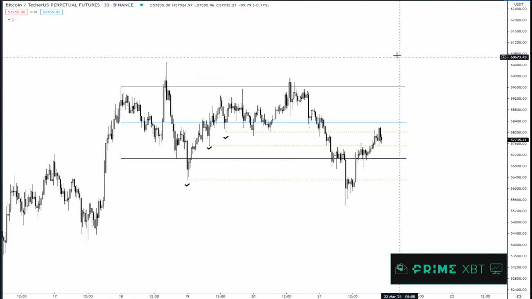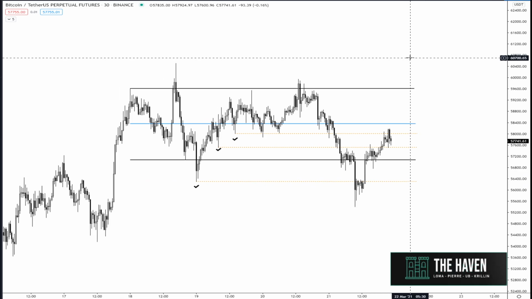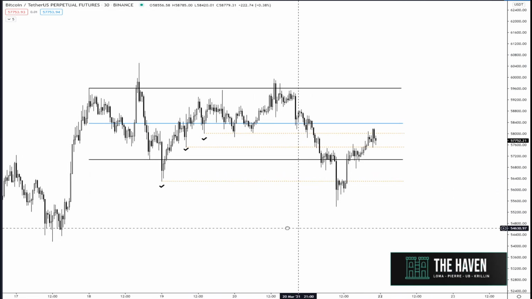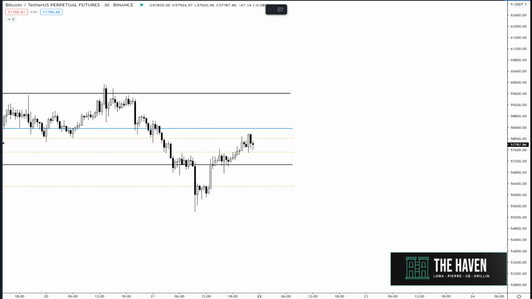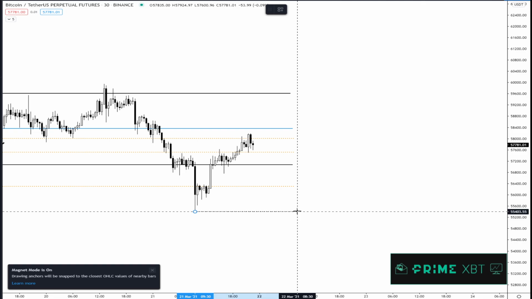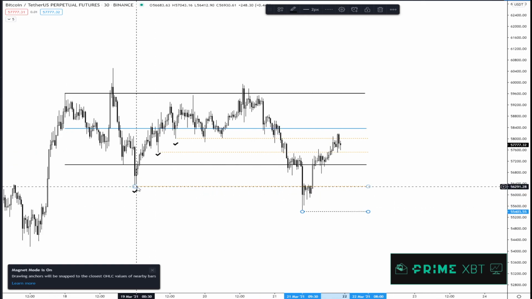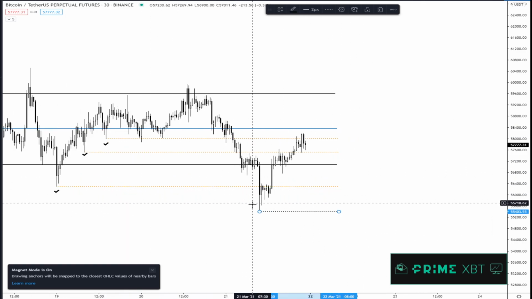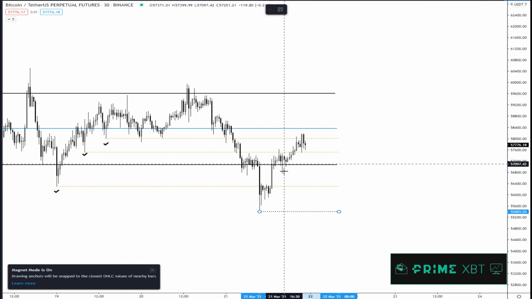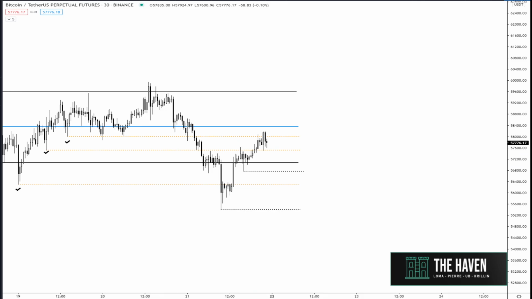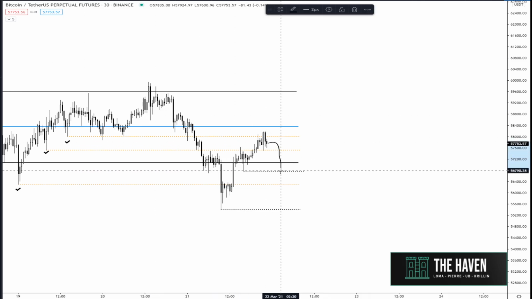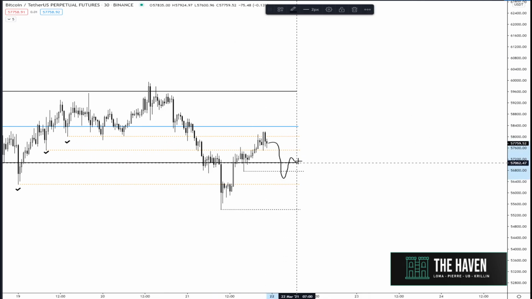So that's how I use trading ranges to my advantage. Now, the next question would be, okay, now how would I trade this? And we have our low here. We're going to do it the same exact way, right? We had our low there, strong reaction. Okay, we have our low here. So now we just highlight these two areas, and if something like this happens, and we reclaim the range low,